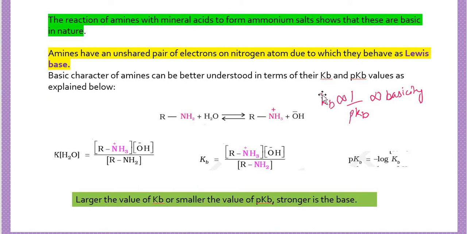Now, sometimes in the exam, they give you a Kb or pKb value and they can ask you which one is most basic, which one is least basic, or to arrange them in order of increasing or decreasing basic character. Then you have to check that the one which has more Kb, Kb is the